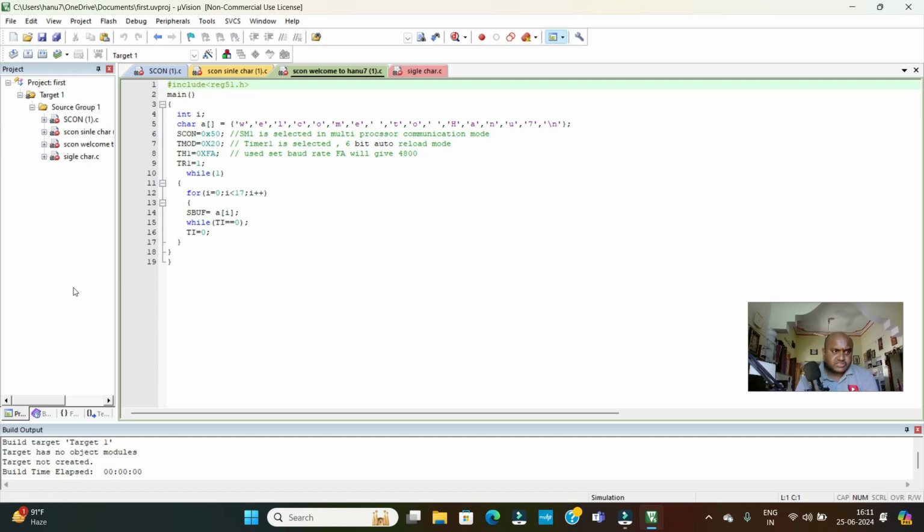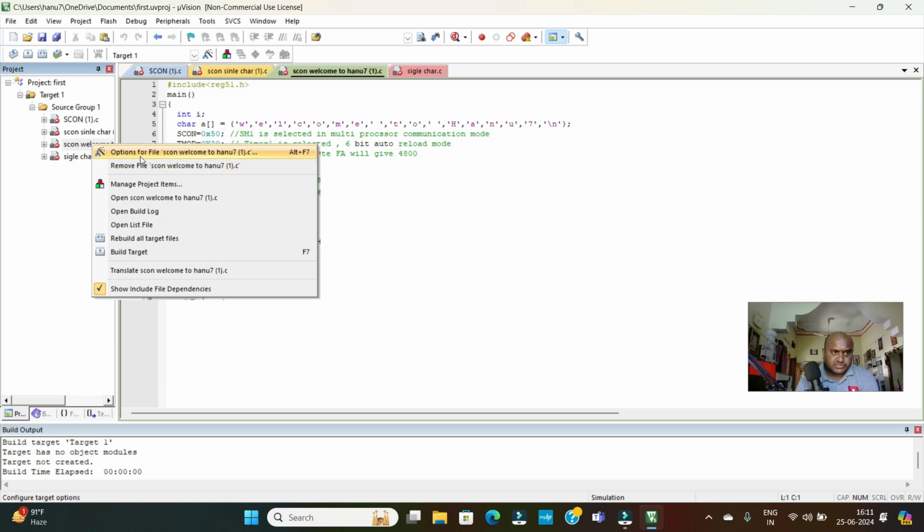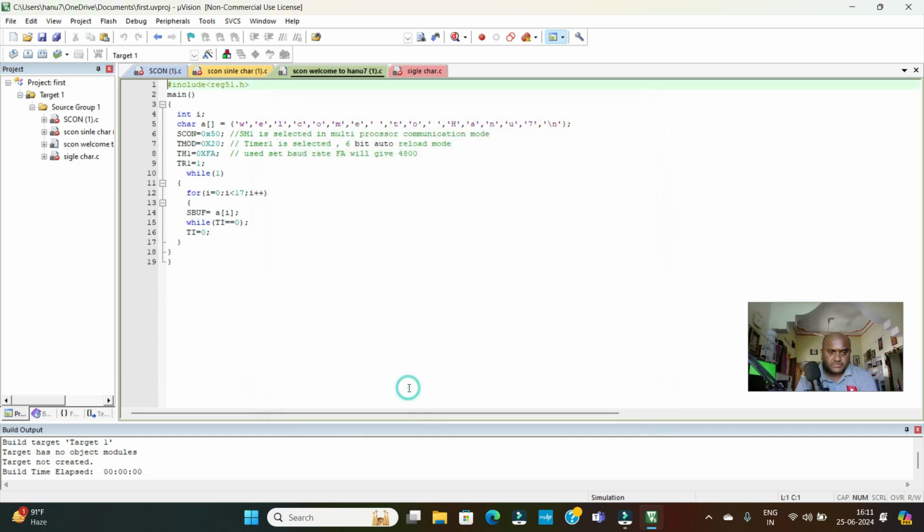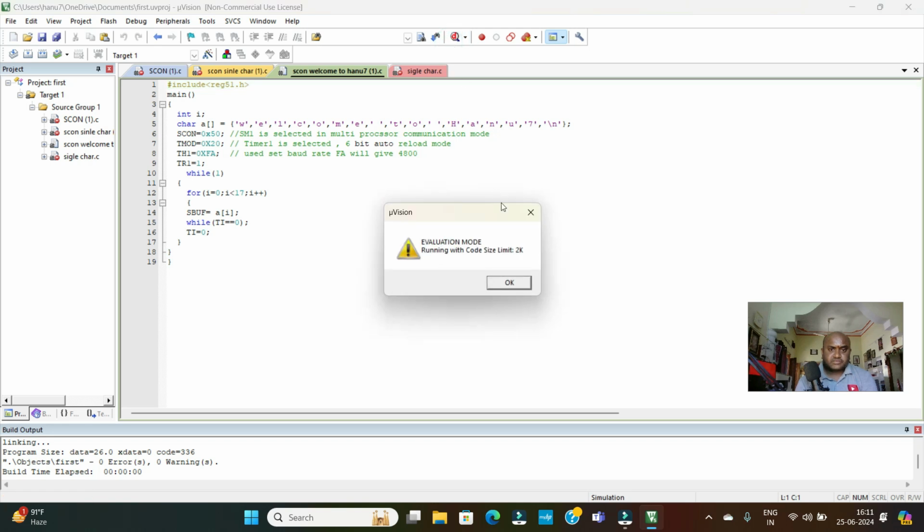Okay. It is showing that there is no target for me to execute. SCON welcome to HANU7. We have to include it in the source code, include in target build. So after that, you build the target. It will show 0 errors, 0 warnings. After ensuring that 0 errors, 0 warnings have come in here, then you can start debugging the program and then